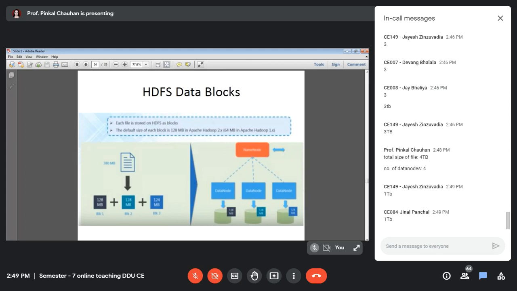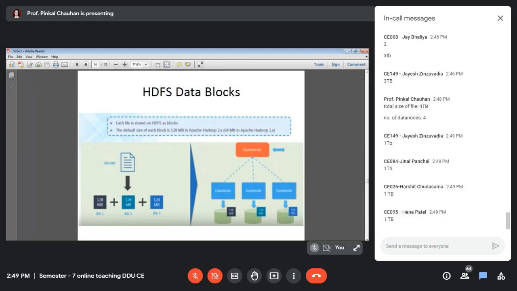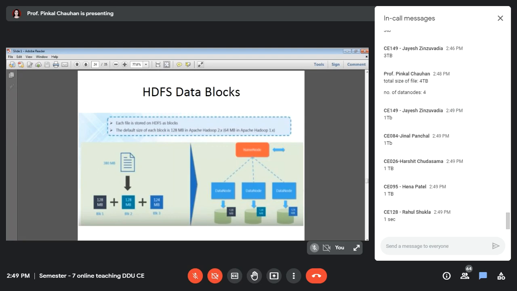This file has been dumped on the Hadoop cluster. Yes, so each data node will have 1 TB of data. Now, if the machine was taking 4 seconds to process a 4 TB file, then to process a 1 TB file, how much time will it take? 1 second? Yes, exactly.